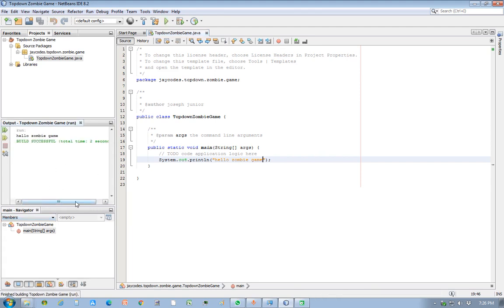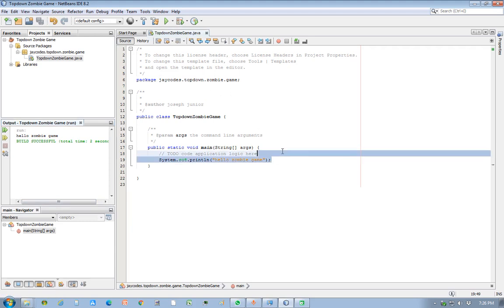Yay. Now what I want to do is to create a new package. I want to order everything and put everything in its own package. Anything that has to do with display goes in the display package, anything that has to do with graphics inside the graphics package, anything that has to do with gameplay inside the gameplay package, and everything else. So I'm just going to create a new package,